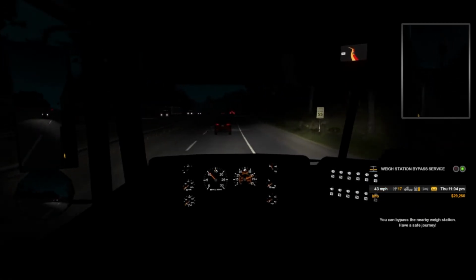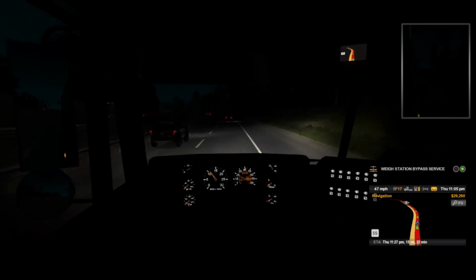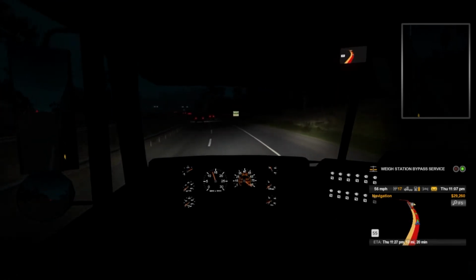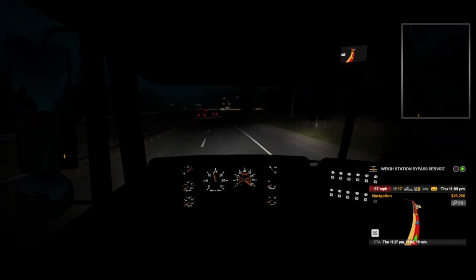And now a way station. Holy jeepers. Oh, like throwing everything at you. Well, that's alright. Our lights are working. We'll get pulled over in here and we'll definitely be underweight. We have no trailer on, so...